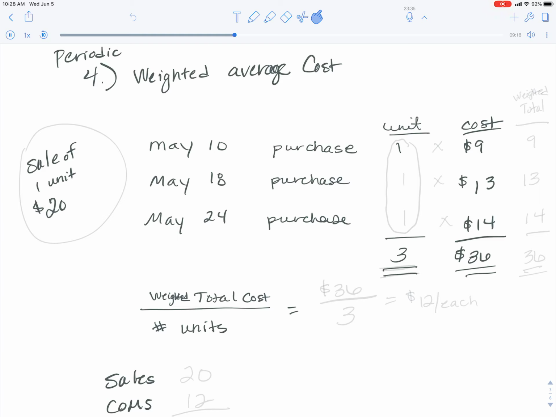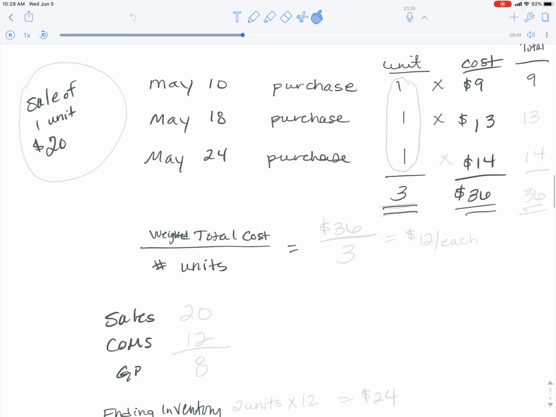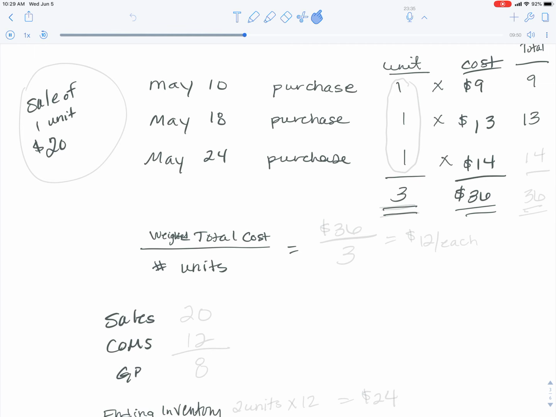But it could be 10 here or 100 here, or maybe even 1,000 here. And then your weighted average would be different. So let's just assume that we have 1 unit in each level. So you're going to multiply out to get your weighted total, across. So 1 times 9 is 9. 1 times 13. 1 times 14. So our weighted total is